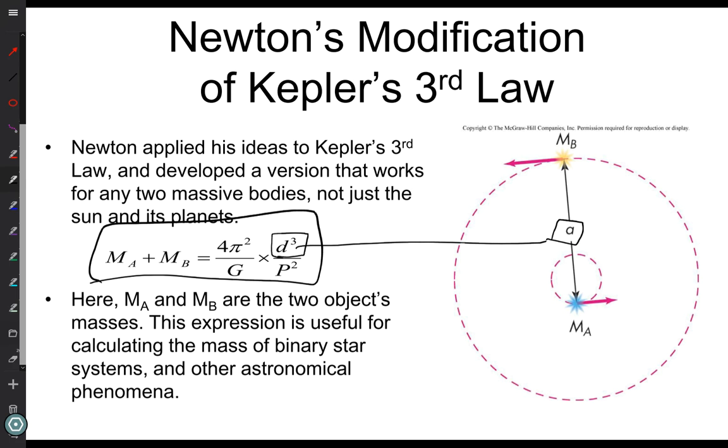So this is an improved version of Kepler's third law. It allows us to look at the orbits of any objects around each other. And notice that I did say last class period, the sun does move. The Earth's orbit around the sun makes the sun move. Jupiter's orbit around the sun makes the sun move. And Jupiter affects the Earth, so our orbit isn't constant for all time because of the other objects. And just the Earth and the sun together make the sun move a distance that's less than the radius of the sun. But it's still wobbling, so the sun is kind of going like this. Not big motion, but it's wobbling.